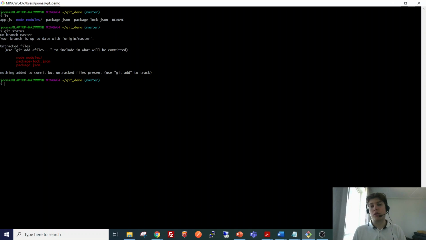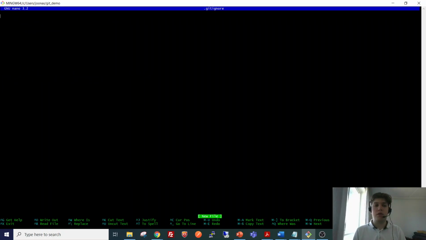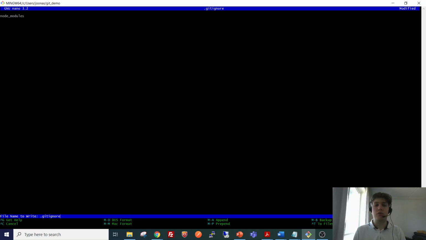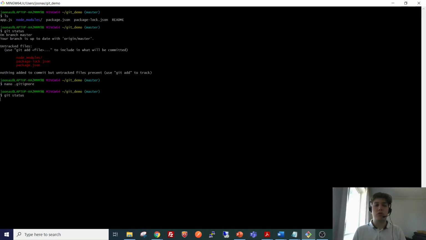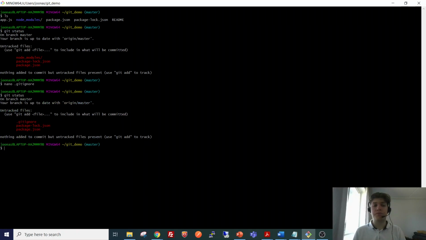So we don't want to version control that, so we can create a special file called .gitignore in order to tell Git that we don't want to include this folder in version control. So now when we run git status, the node_modules won't be there. But the new file .gitignore is one of the files that Git noticed.